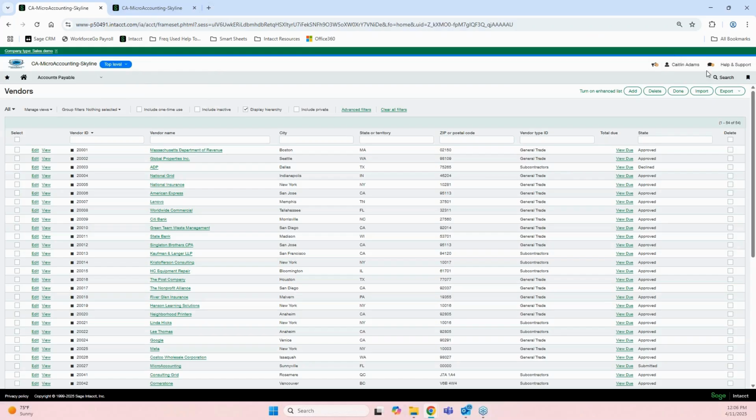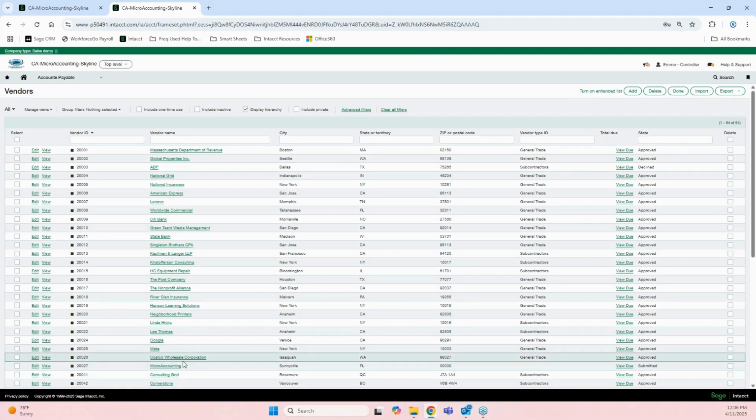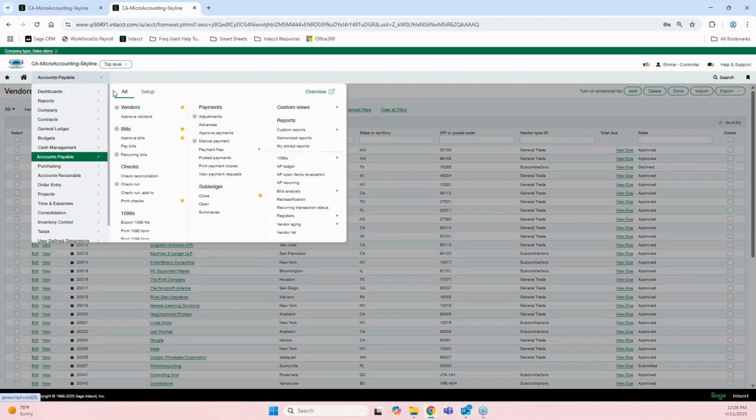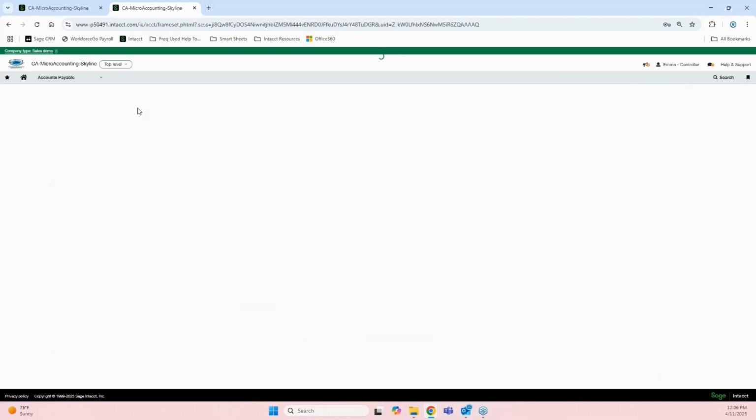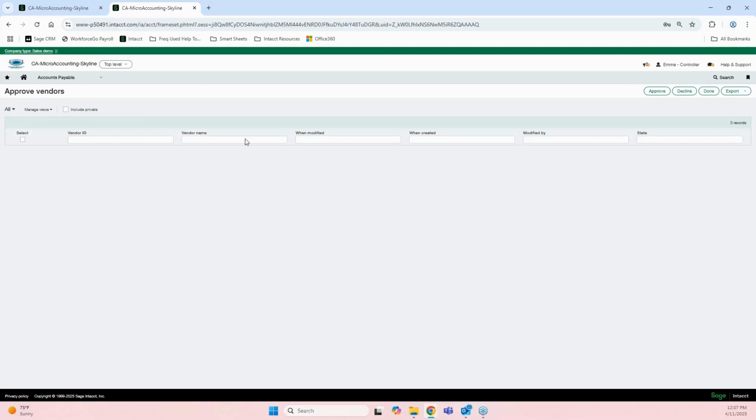So you can see right here that I am Caitlin Adams, but since I can't approve my own vendors, I had to sign in as another person in this environment. So down here, I can see that I have a submitted state for the micro accounting vendor. If Emma is an approver, so if I go to approve vendors, I do not see that micro accounting is